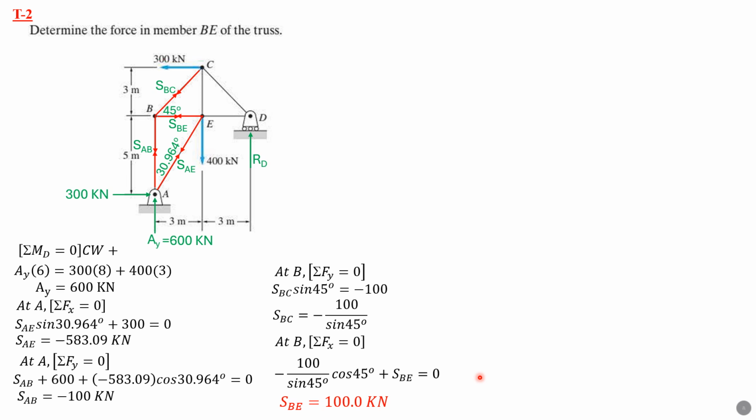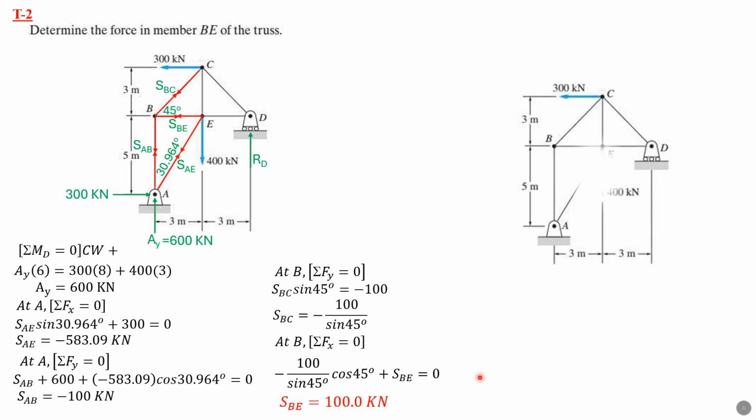So that's it, but I'll present the other way, method of sections. Let's go back to the original problem. Let's section these three members here, and let's consider forces to the left of that cutting section. The calculations of these reaction components at A is the same as in the preceding solution.